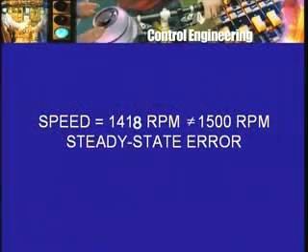Did you calculate the speed? It comes out to be about 1418 RPM and not 1500 RPM as we wanted it. Remember, to have the motor run at 1500 RPM required an armature voltage of 230 volts, and that was coming as the output of this box Ka, for which therefore the input required was 1.15 volts